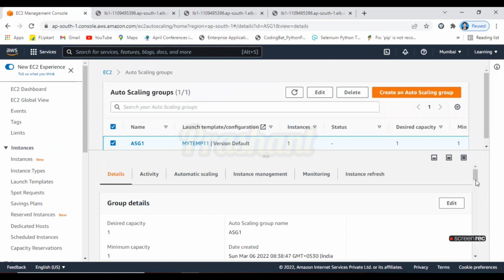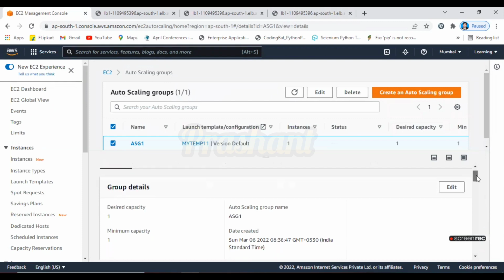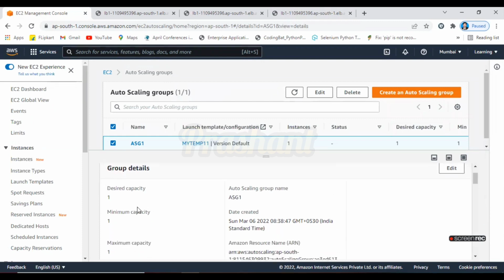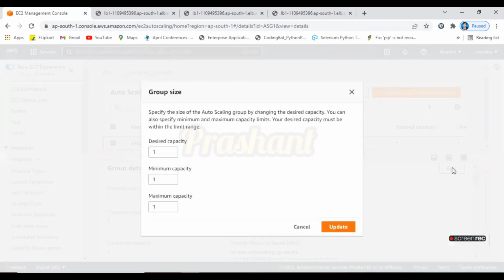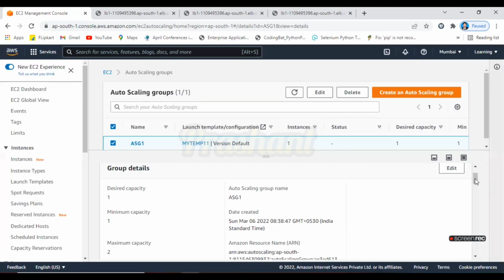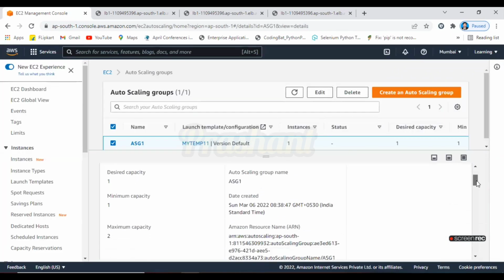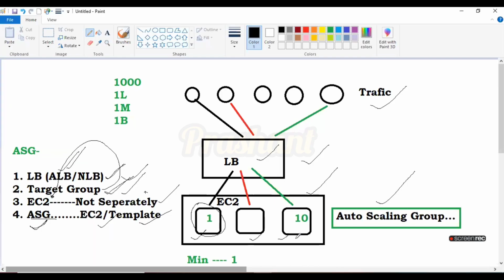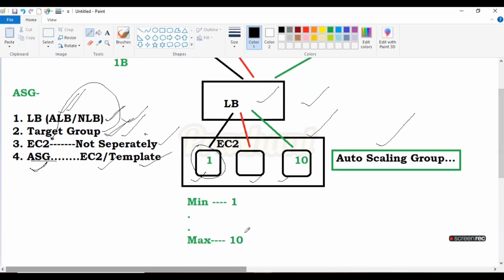In the auto scaling, there is an option called group details. Desired capacity is 1. What is the minimum? What is the maximum? Suppose I am changing the maximum capacity to 2. See, I have changed it, now 1, 1, 2. It means we are giving permission: if the traffic increases, the minimum capacity is 1 and the maximum capacity is 2, meaning you can scale up to 2. Some users will get a response from the first EC2 instance, some from the second EC2